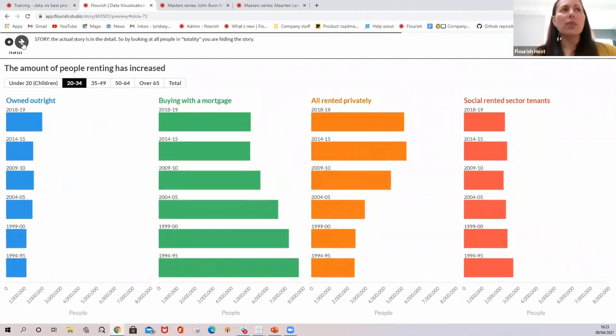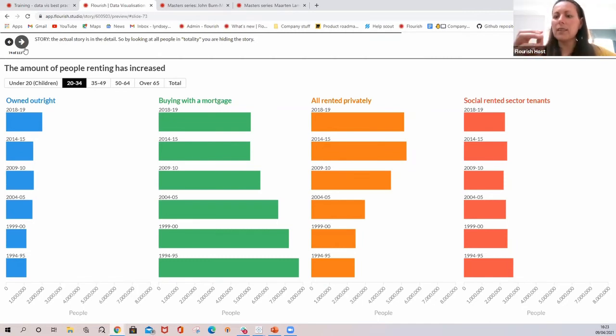But actually what our story is that the amount of young people renting has increased. And so overall, we've been looking at the total, and we haven't been looking at the age splits. Our focus is on the young people renting more, and older people owning more. And so this is where Flourish and interactivity and using filters can really help people step through the